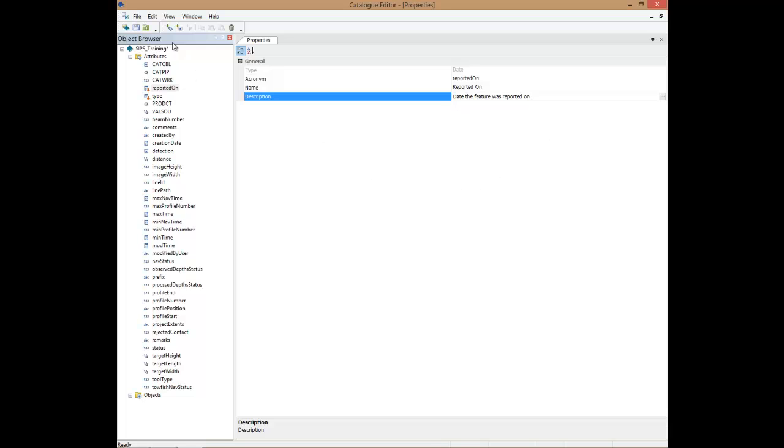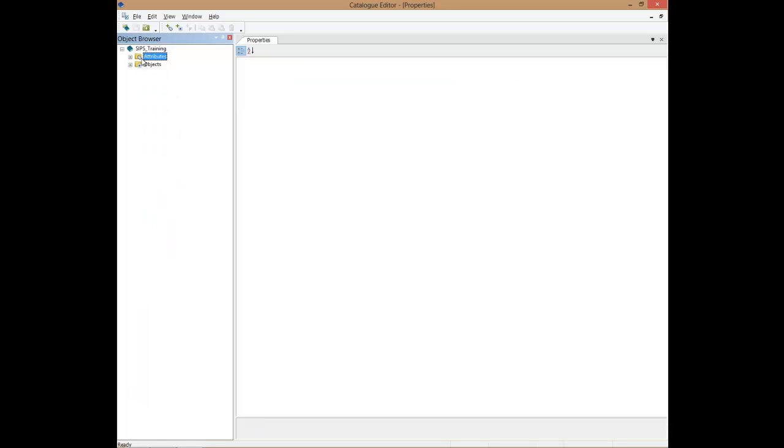So with that, I can go save. These two customized attributes have now been saved to my HIPS file. And I'll just collapse my attributes and expand my objects. So we can see there's several objects here that come by default. There's also the option of going up to the toolbars or right-clicking on our objects and adding a new object. So we're going to be working with the underwater rock, but we can also add customized attributes to critical soundings